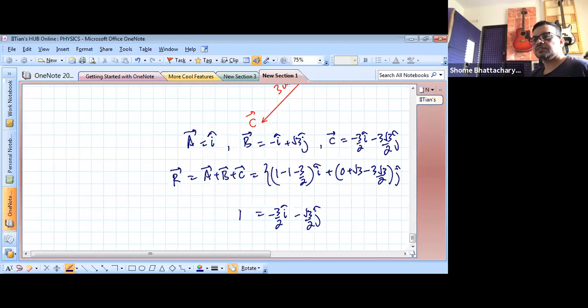So this is becoming the resultant of A plus B plus C. So as you can see, the resultant is